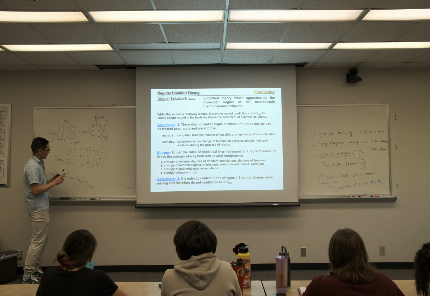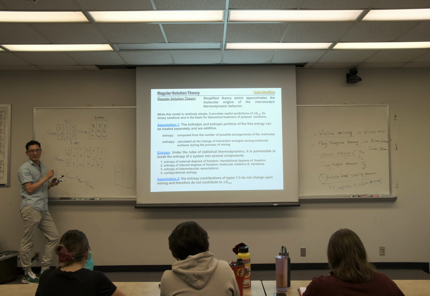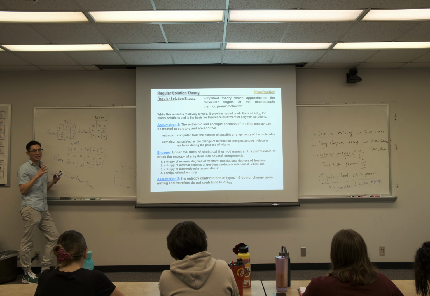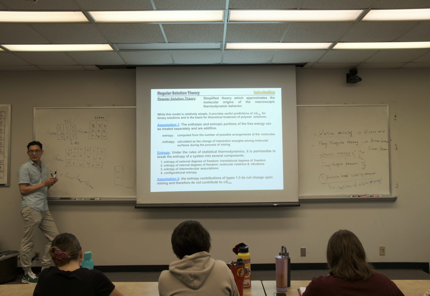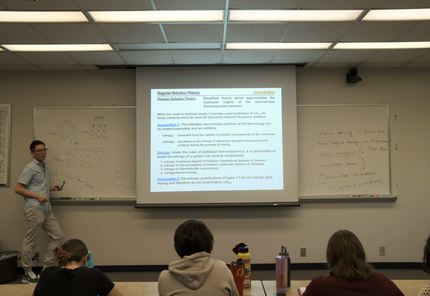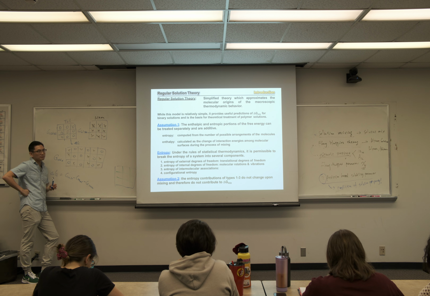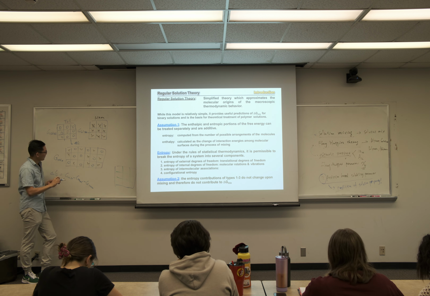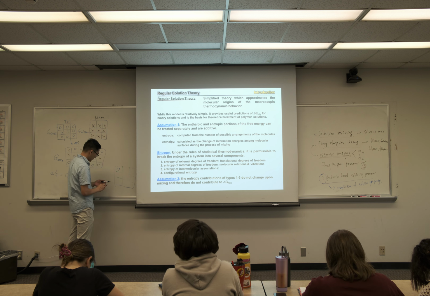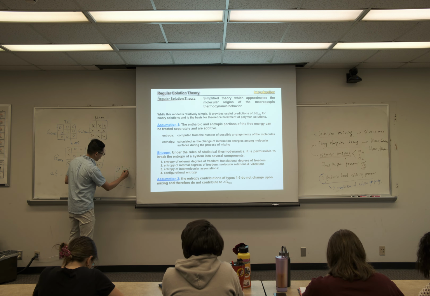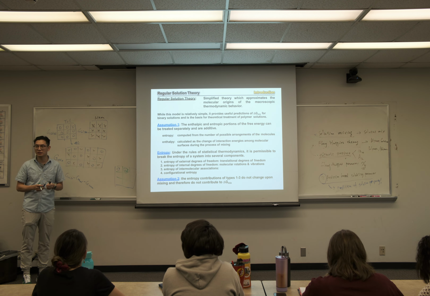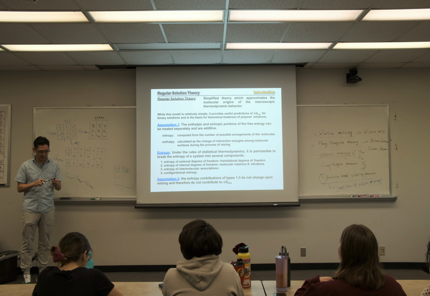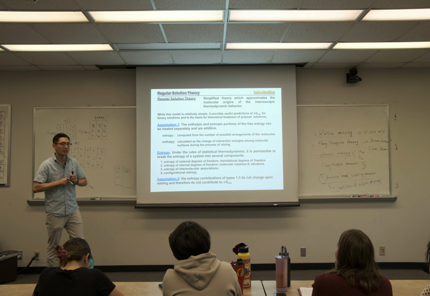So in the solvent, we assume the toluene and hexane each have the same size, the same bulkiness, and each of them occupies one lattice. Lattice means one of these check boxes. But when we have polymer mixed with solvent, we can't assume a solvent molecule takes up the same volume. Let's say this is polymer. It doesn't make sense, right? The volume of a polymer will be much bigger than the solvent molecule. So the size of toluene, imagine it will be much, much smaller than the size of a single polymer